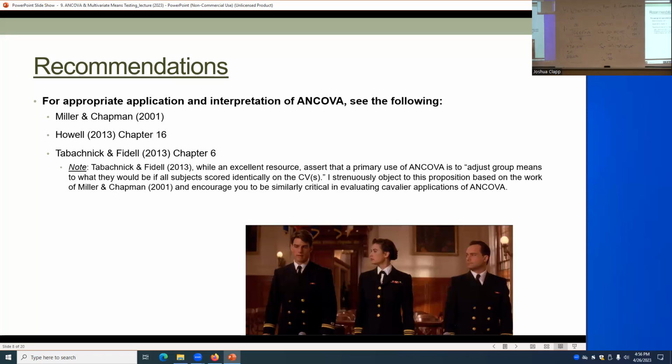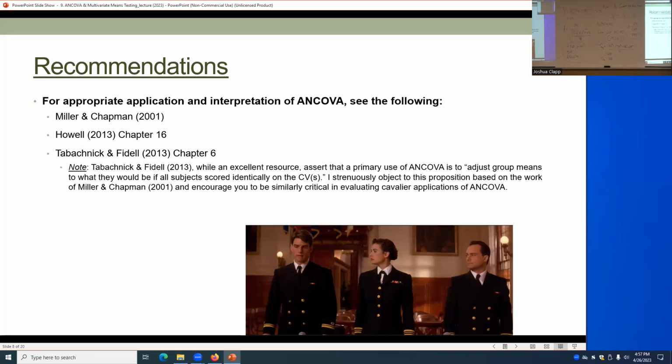I'm not saying that you couldn't ever do this. The resources are saying you just have to be very, very careful and think about the consequences of this, right? So for appropriate application and interpretation, Miller and Chapman is an incredible article, which is very good. Howell is good, Tabachnick and Fidell. They say